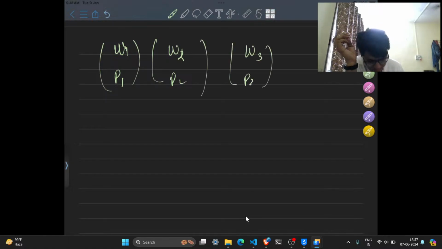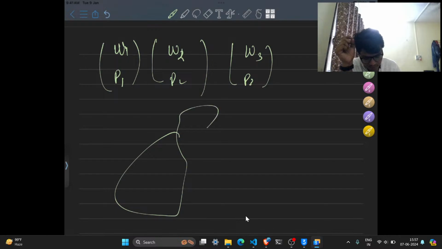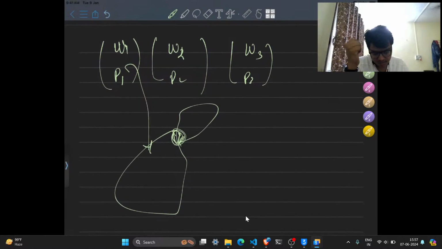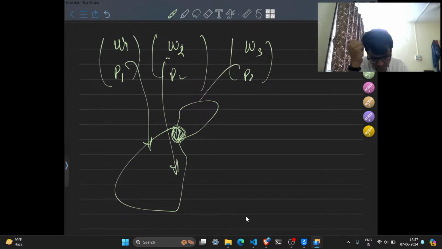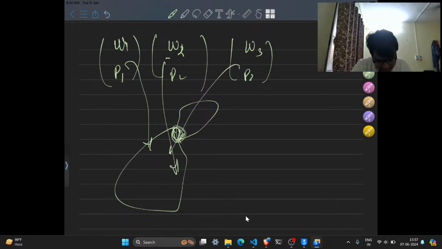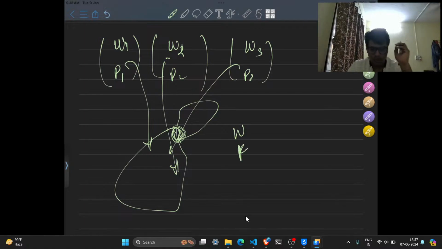And you will be given a bag over here, and you can put items into it. You can have maximum W weight and maximum K items. So yeah,